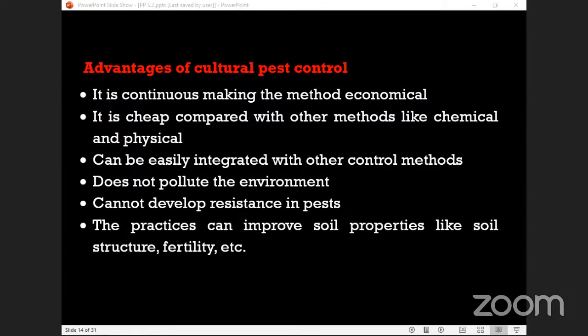Soil structure is the composition of soil particles to form clods. Okay, and then soil fertility is the ability of the soil to sustain and to provide nutrients for plant growth, or ability of soil to support crop growth. Okay, is this page okay? We go to the next page.